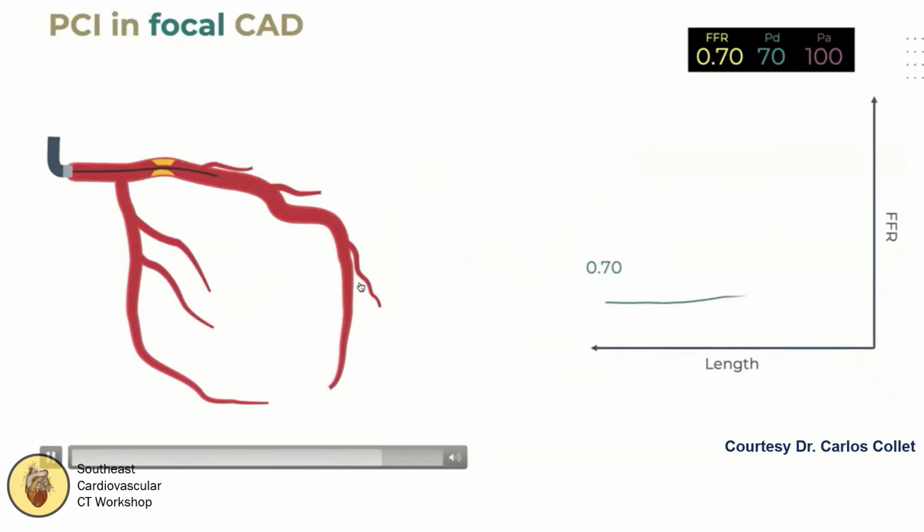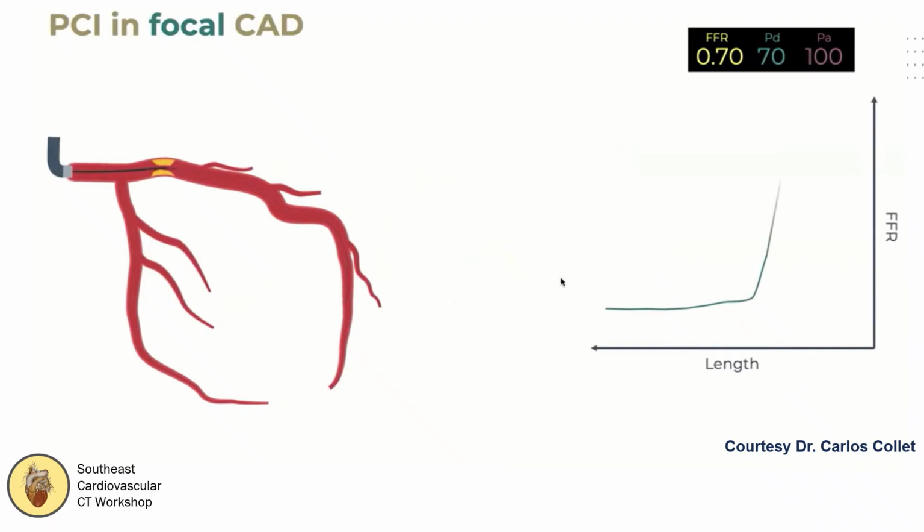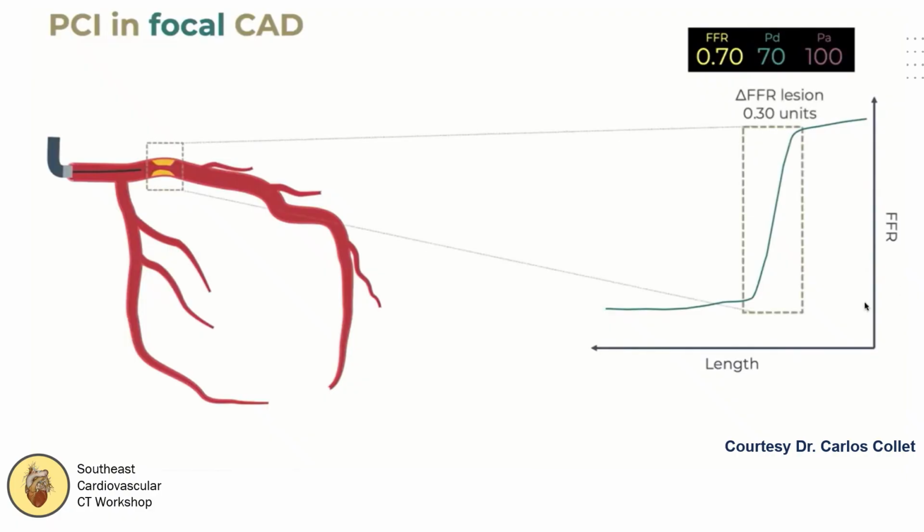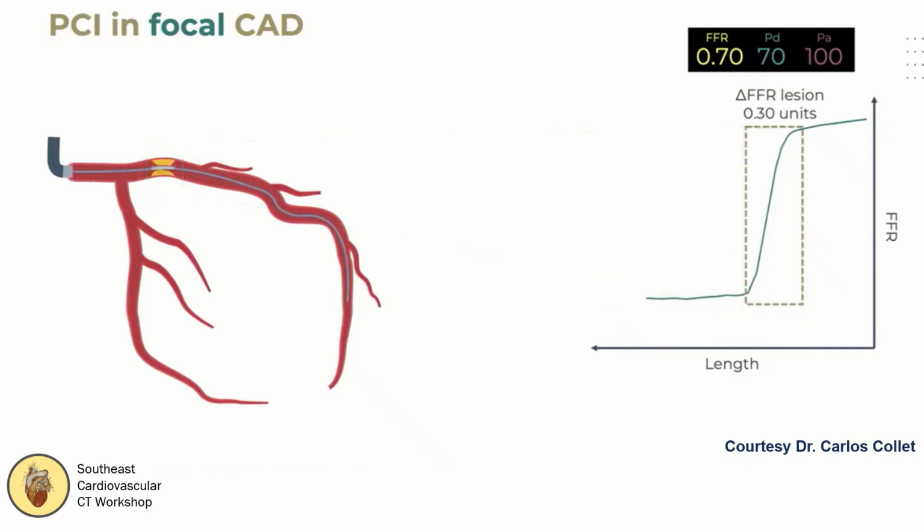So as you can see, we pass a wire through the lesion, and we measure the fractional flow reserve, which is the FFR. And here, the FFR is 0.7, which is significant. But as we pull back and we cross the lesion, the FFR goes from 0.7 to 1.0. And there was this huge gap of 0.3 FFR units, or 30% translesional pressure drop, as we call it. So this is a marker that there is a lot of pressure gradient before and after